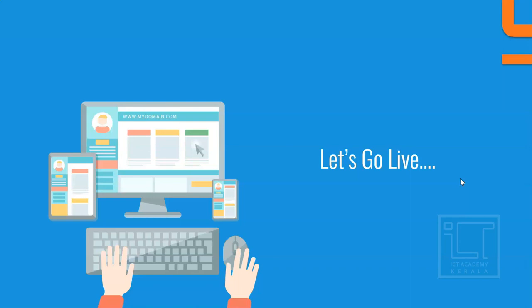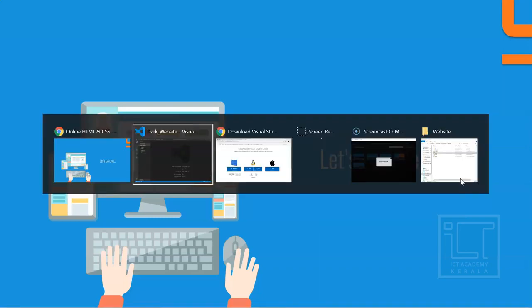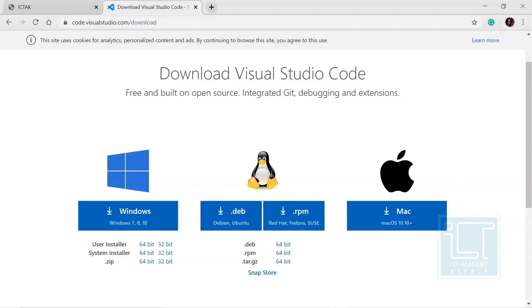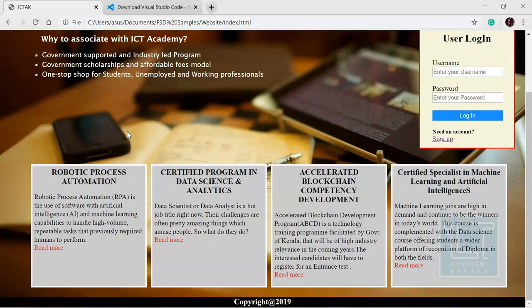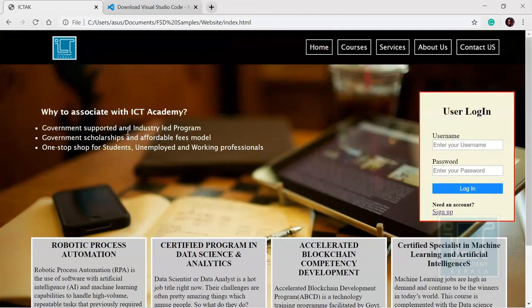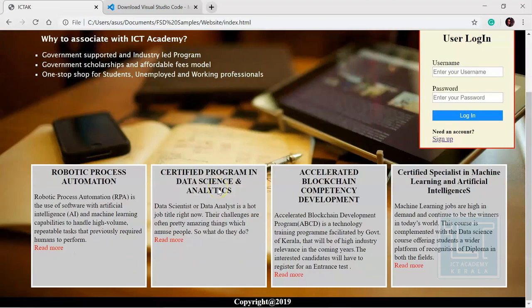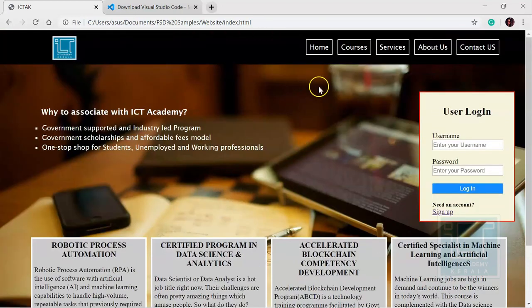In order to make you more excited, I would like to show the website that we are going to create together. This is the website. It is a short website that doesn't have many animations, just a pretty normal website that I have created on my own for us to build in this online session. This is a small website that we are going to create together.